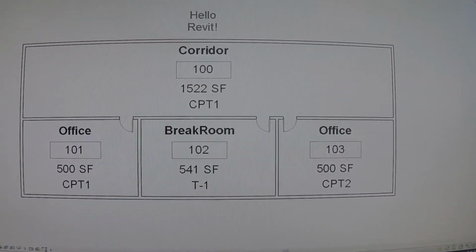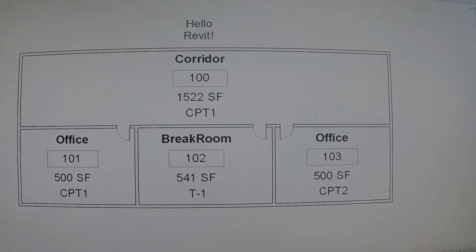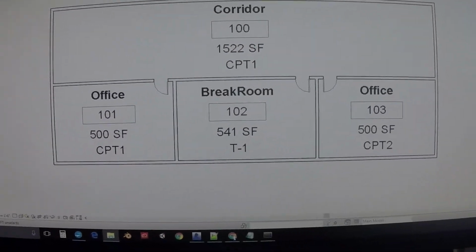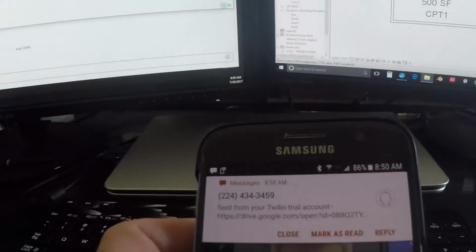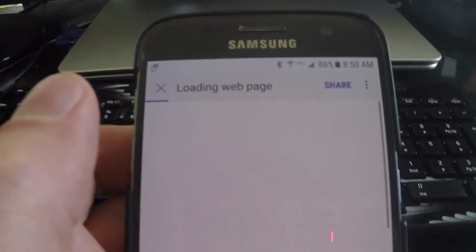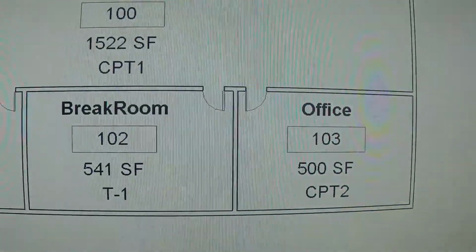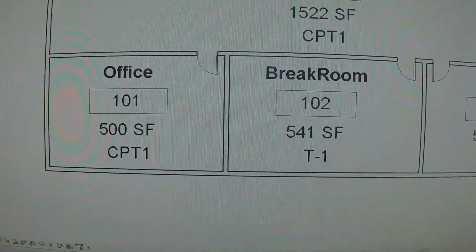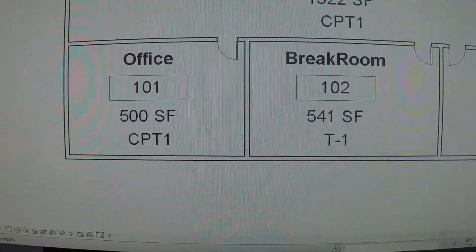Should I text a cut sheet to your phone? Yes. I've sent that material cut sheet to your phone. Okay, so that came in. There we have the link. And there is the cut sheet. So great, we learned about that material, and let's say now we want the floor material in room 101 to